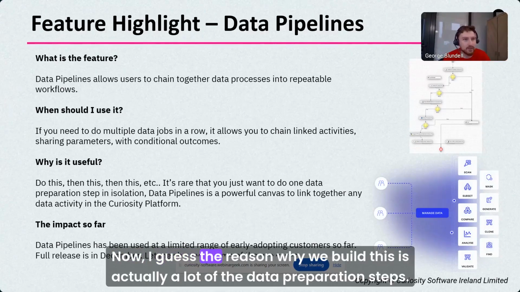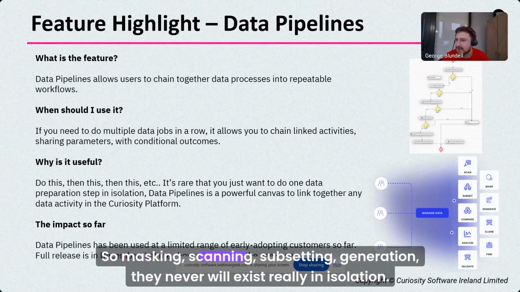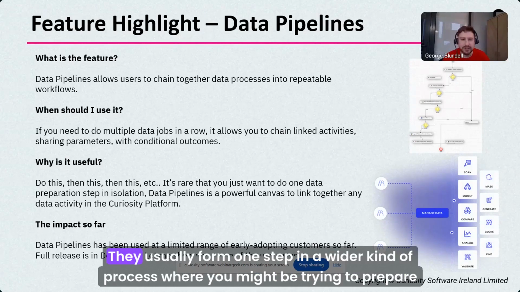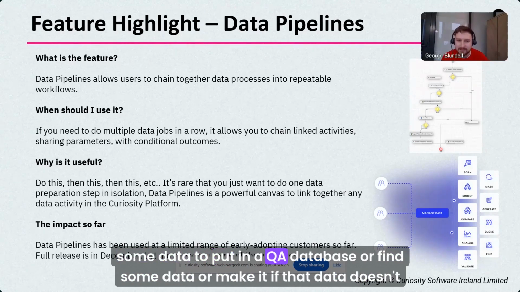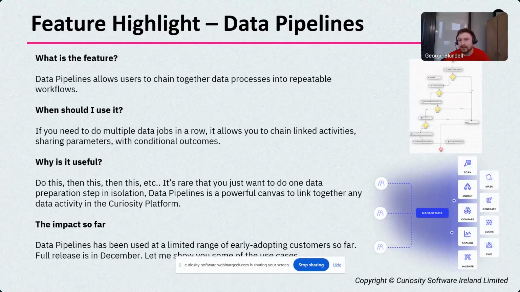The reason why we built this is that a lot of the data preparation steps, so masking, scanning, subsetting, generation, never really exist in isolation. They usually form one step in a wider process where you might be trying to prepare some data to put in a QA database, or find some data or make it if that data doesn't exist.